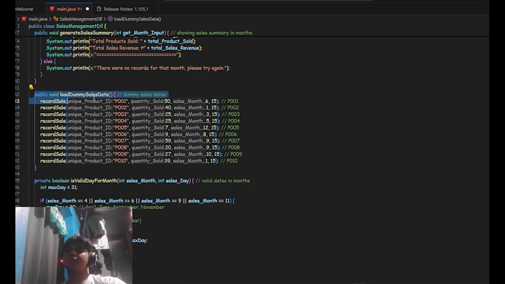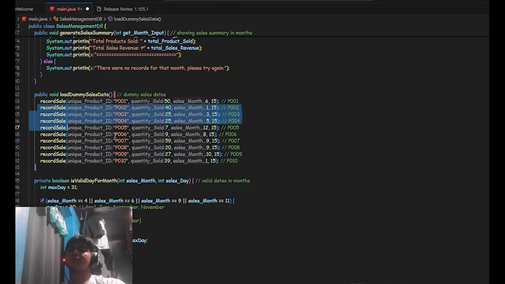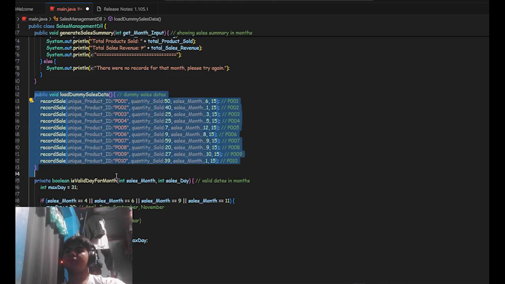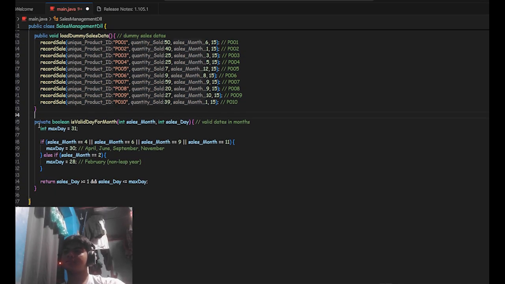Then this is our dummy sales data. This is connected to our data class that has all of our dummy data. This is just for prototype purposes.